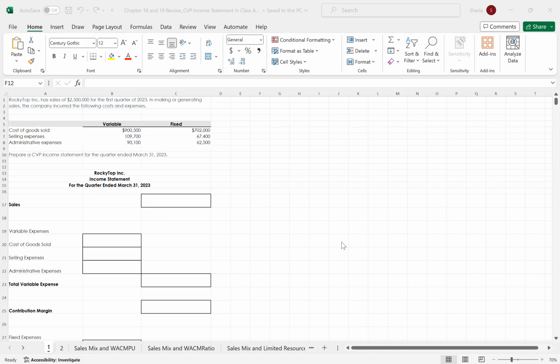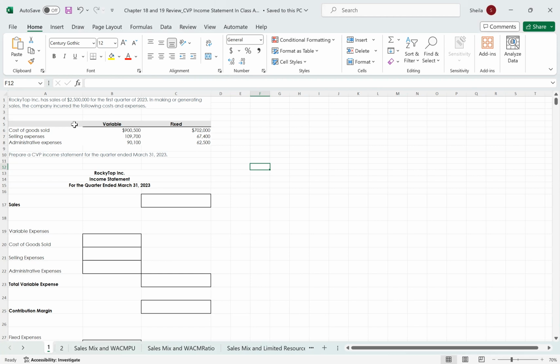So based on the video about the GAAP and the CVP income statement, I wanted to walk through a couple of videos. So this is our quote unquote in-class examples, and we're going to look at tab 1 and tab 2 for right now. Essentially, what this activity is getting you to think about is how we classify different cost of goods sold, selling and administrative expenses between